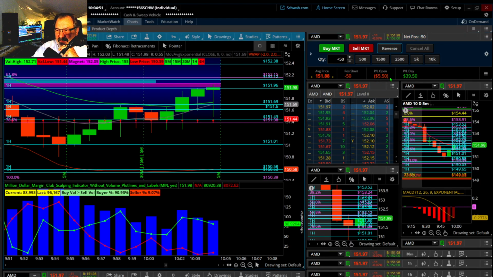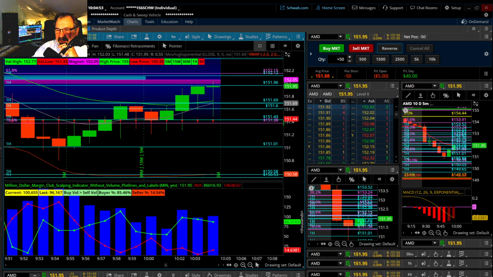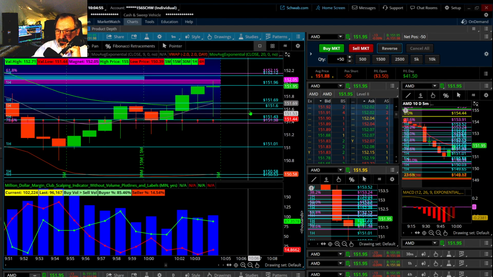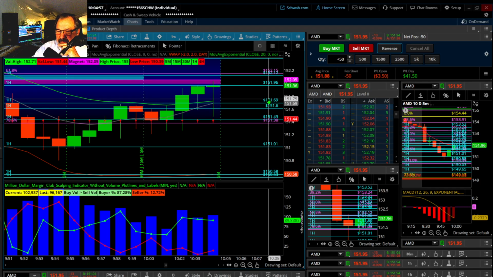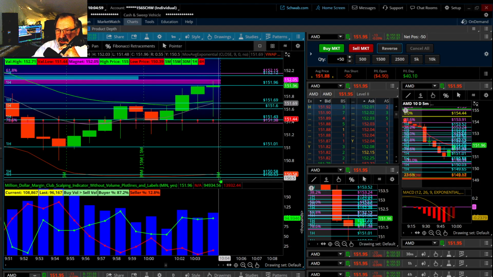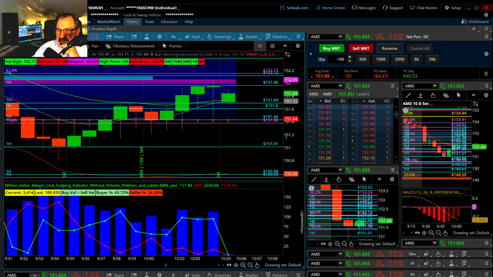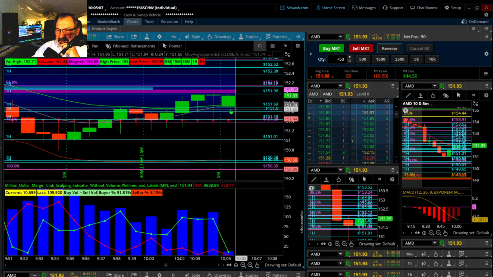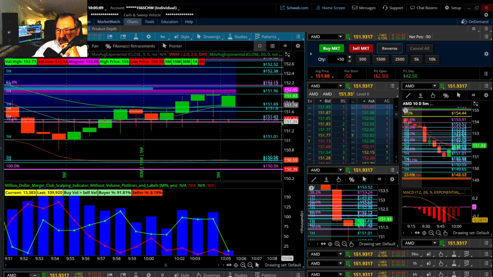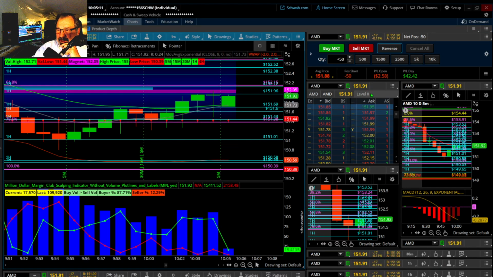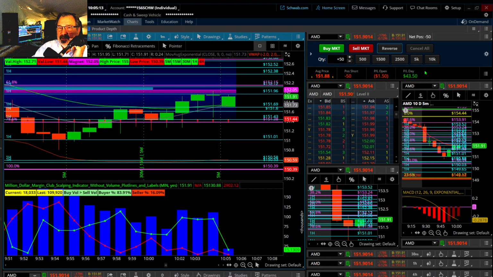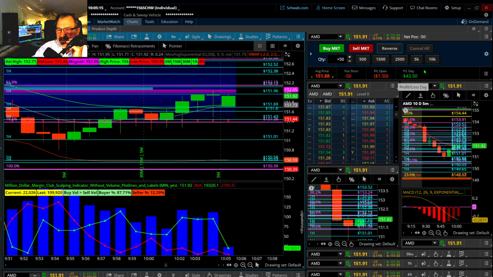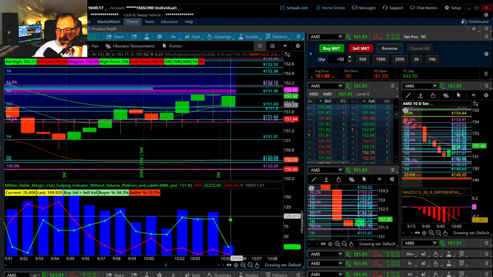Because already even $5 is a lot with this share size, so it's 10 cents. Yeah, this is telling me I'm in the wrong position. So as this candle closes, whoa! Did you see that gap when it opened? That was interesting, huh? It gapped down right on the 1 minute there, which was good for me in my position, but surprising. It seemed like it was going straight up.